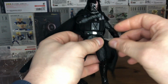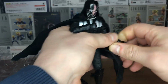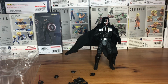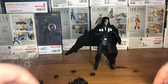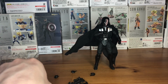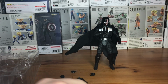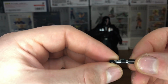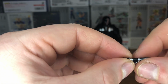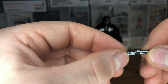Okay, right, let's just go for the extra bits and bobs first. So you get those head and chest pieces, so there and there. You get a slashing effect lightsaber blade. You get a standard lightsaber blade, lovely in red. You get a lightsaber hilt, which doesn't seem to pull apart. Normally they...